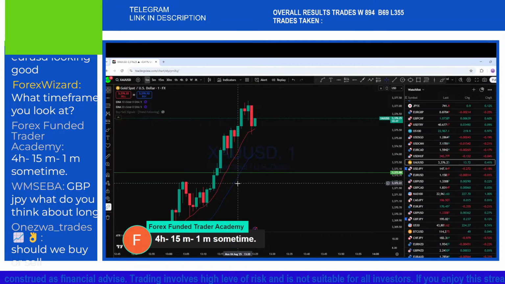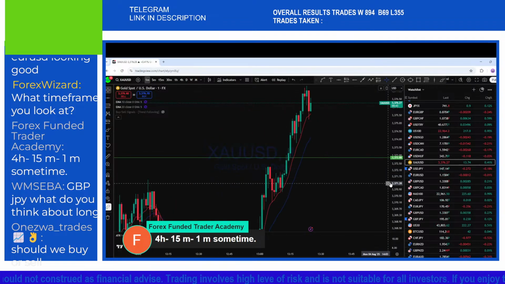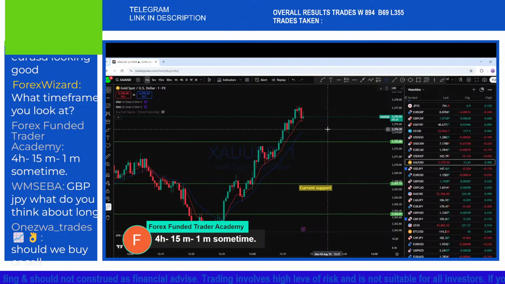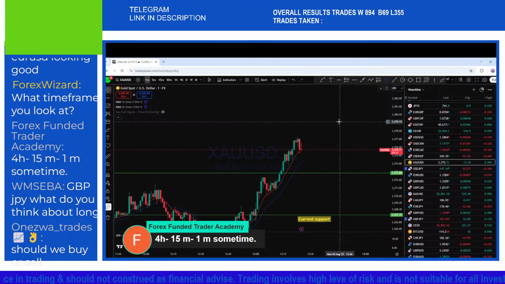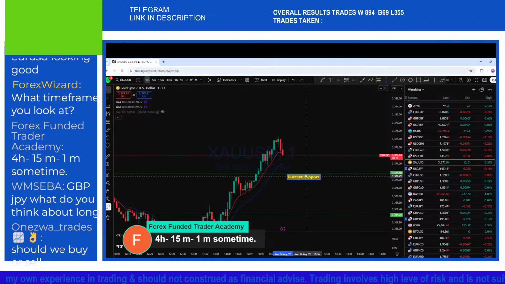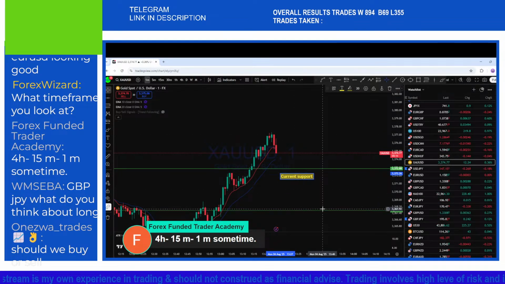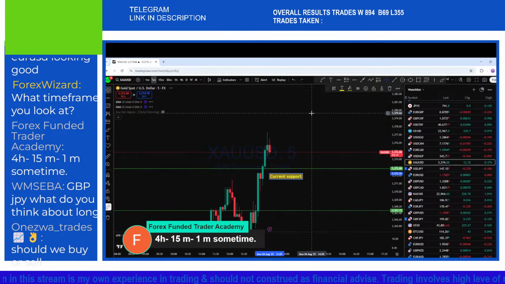You can see it's one single move. If it drops back to that key level, we can look for an entry opportunity, as this is currently a sharply bullish trend and potentially continues to rise back to the upside. We are waiting for the market. This is the current 15 minutes support, and the price may come back here and then continue to rise back to the upside to create a new higher high.